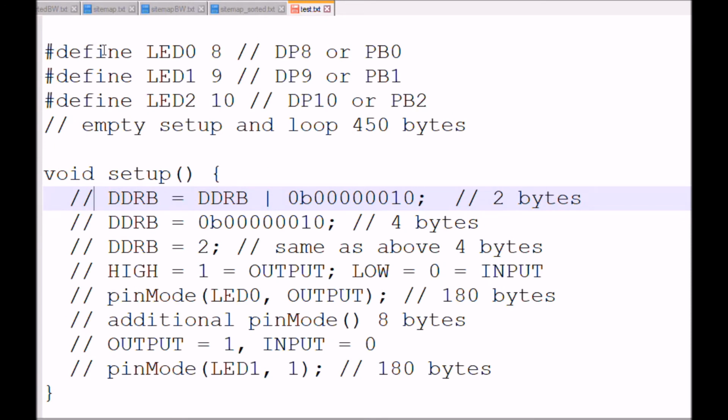All right, up here I've defined LED0 as digital pin 8. LED1 is digital pin 9. LED2 is digital pin 10. We have to set up our data direction registers first. In this case, since I'm using port B, PB0, 1, and 2,